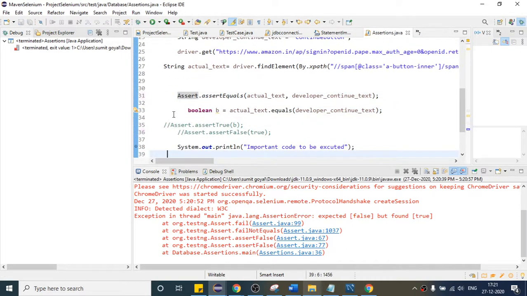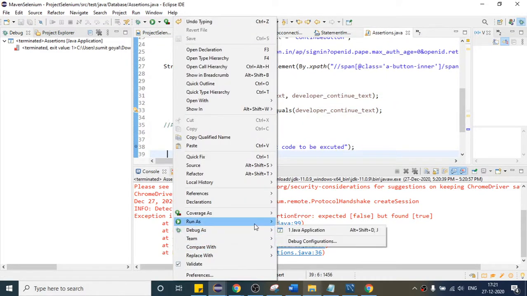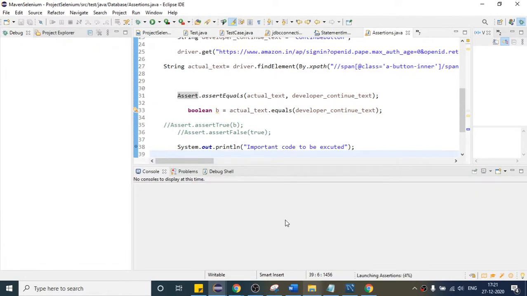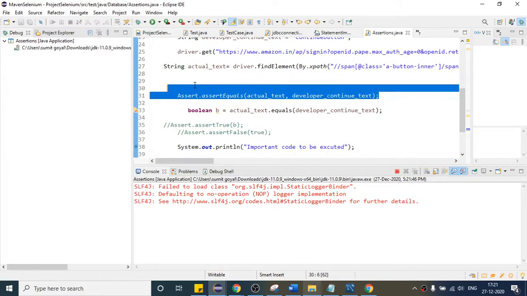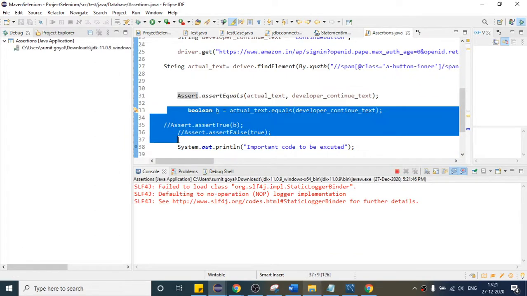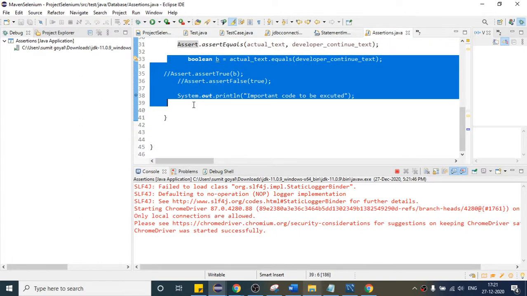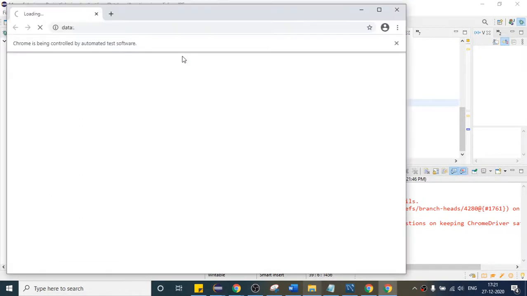Why will it fail? Because expected and actual are not equal. So once this line fails here, whatever code you have written will not execute at all. So these two lines will not execute because it will fail at that point only.